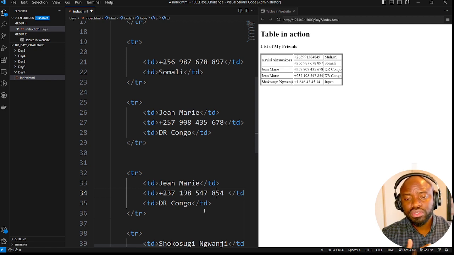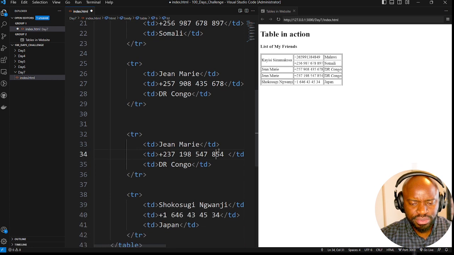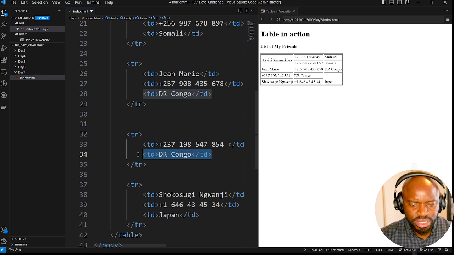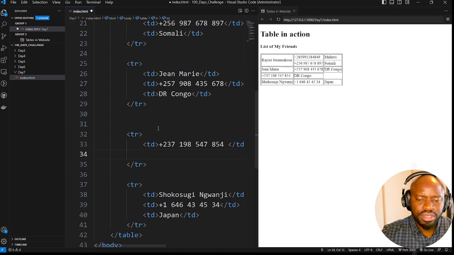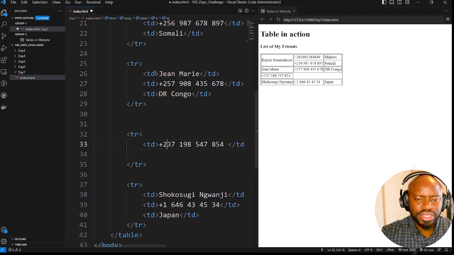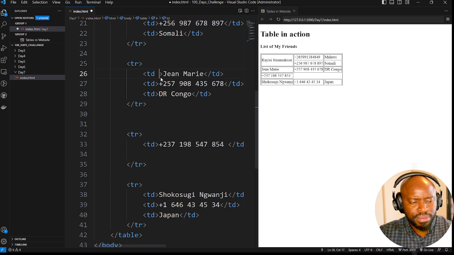We're also going to do the same thing of spanning two what? Two rows together. And how are we going to do that? We are going to get rid of Jean-Marie. We're also going to get rid of DRC Congo, DR Congo, so that we can have really enough space to do the spanning. So we have only the number. We come back to our Jean-Marie name here, and we say, what is going on? We say row